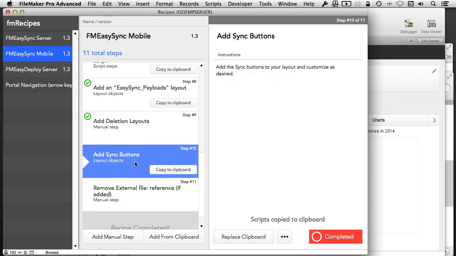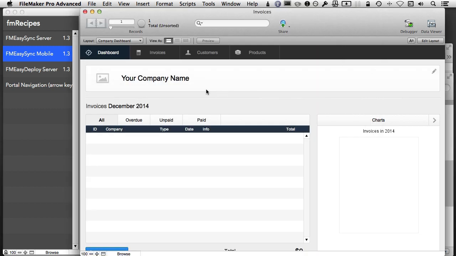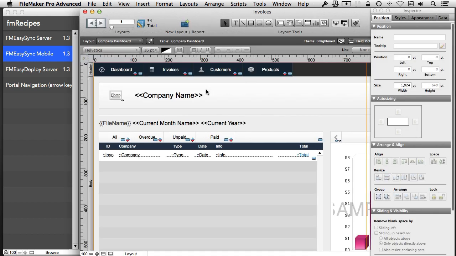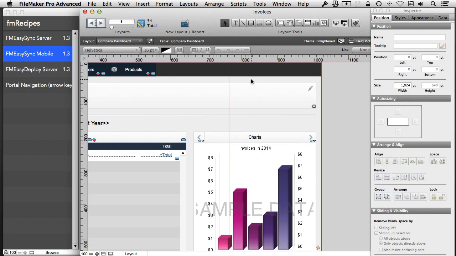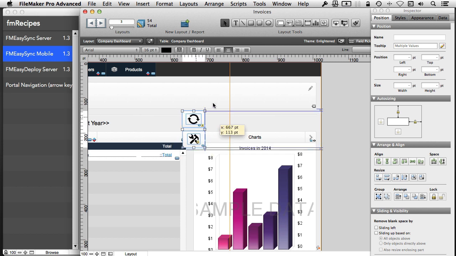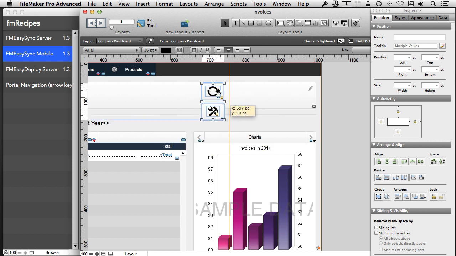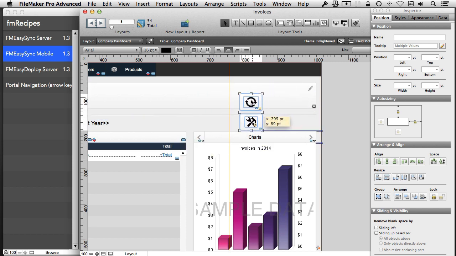Step number 10, add the sync buttons. This is something that doesn't come as part of the instructions, but it's basically the buttons that link to the scripts that actually do the syncing. So I'll copy those to the clipboard, and in this particular case, I'm going to go into layout mode. I'll simply select and paste. Those 2 sync buttons will come in. I'll go ahead and move one right there, select off of that, and then move the other